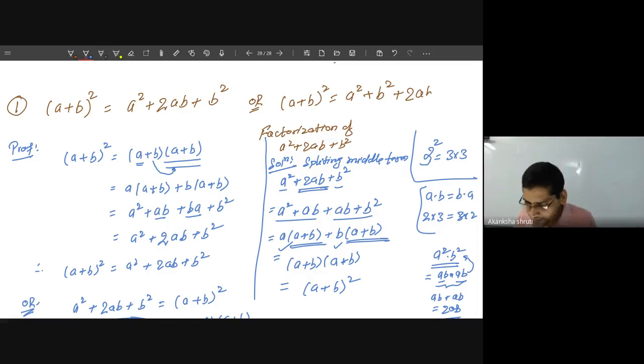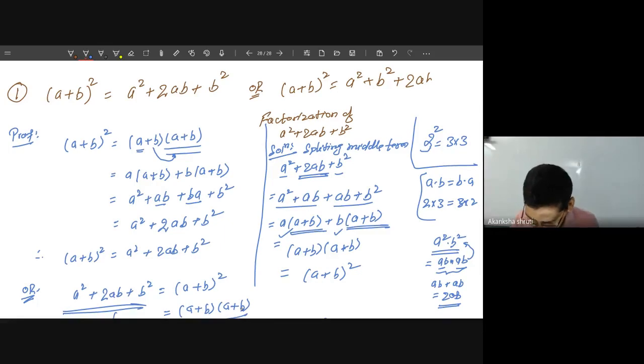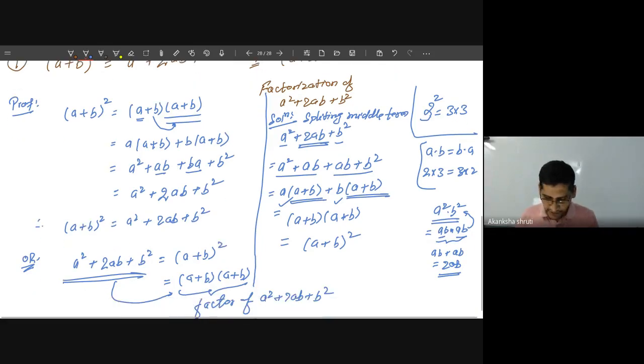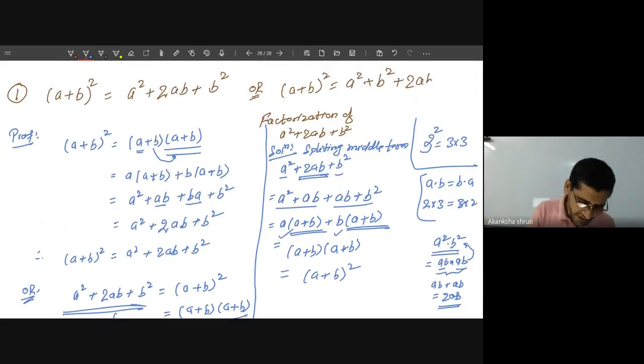So what is our concept, or what we have to learn here, is that this splitting of the middle term is applicable everywhere. Though we are going to apply the identity, by applying the middle term splitting we can still get the factors. So it is a universal, general method. Students, where this is applied, let me solve one question. But before that, we also have to write the other identity, when the sign is changed.